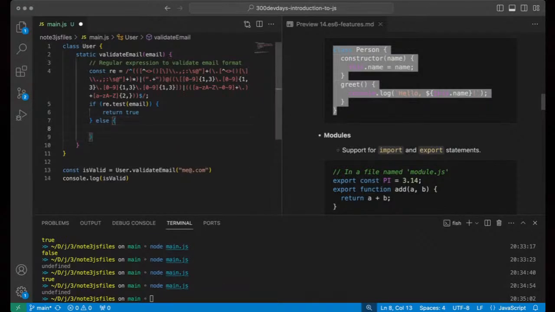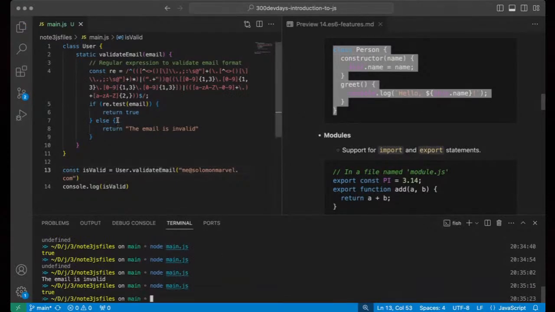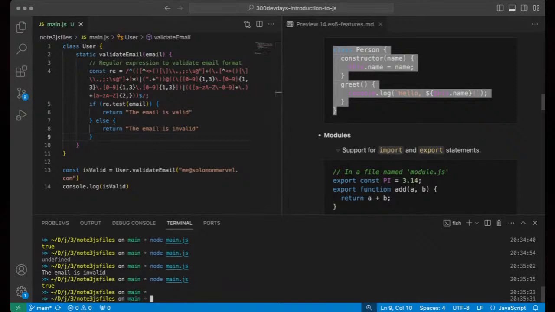So here we can say else, maybe return false, or I can say return the email is invalid. Does that make sense? Let's go ahead and run this again. So now we get the email is invalid. Let's put Solomon marvel.com. Run this again. We get true. So at this point, we can also return something different. We can say the email is valid, right? Okay. So I hope that makes sense. So if I run this again, the email is valid.